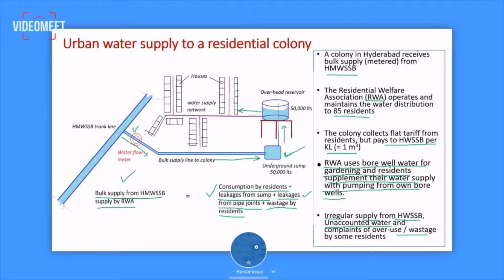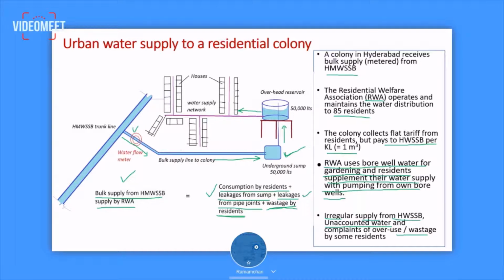Another area is the leakages from the pipe joints, and then we can also educate residents about the current situation: the fluctuation of water supply, irregular supplies, insufficient supplies from the board. So we have to be more judicious in using the water, and such an education campaign can go on. And also the RWA can think of installing meters at every household